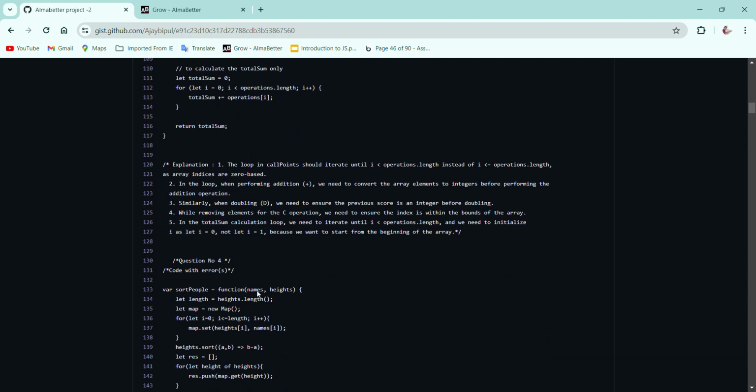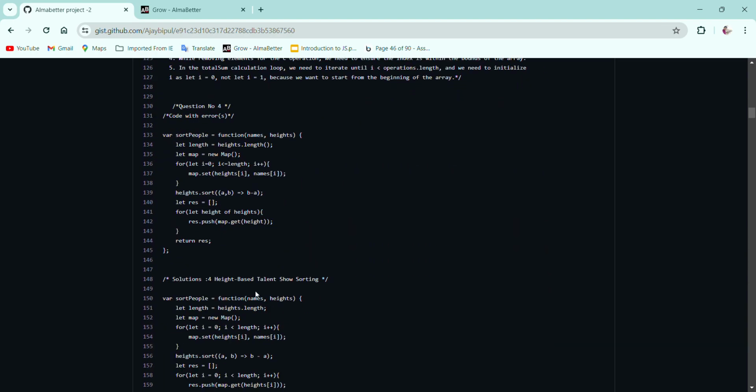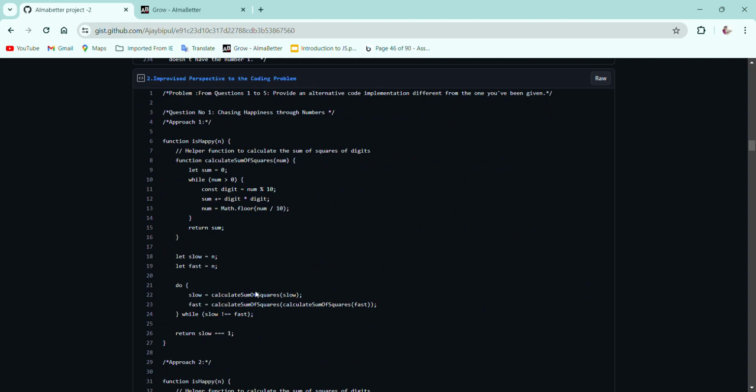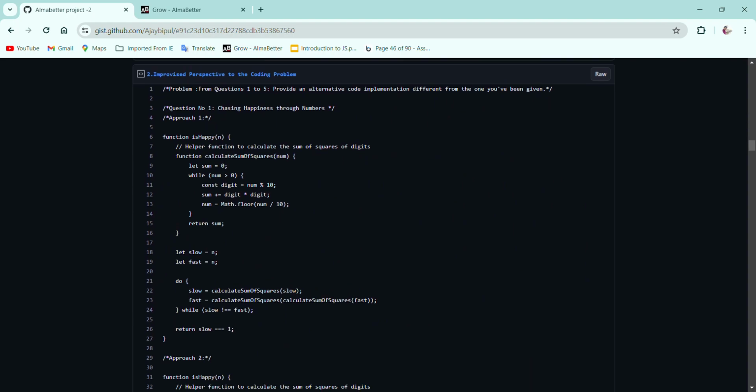Now in this project we have section 2, that is improvising the approach to coding problems. So we are going to explain the first question, which is chasing happiness through the numbers. So in this approach